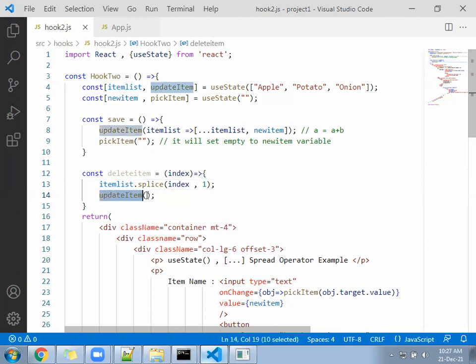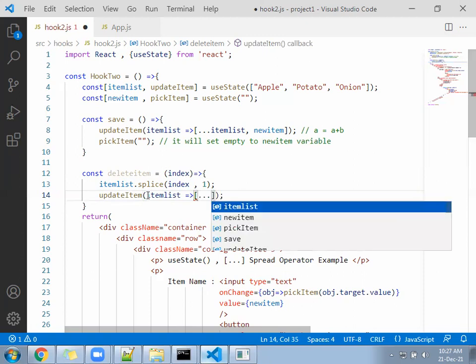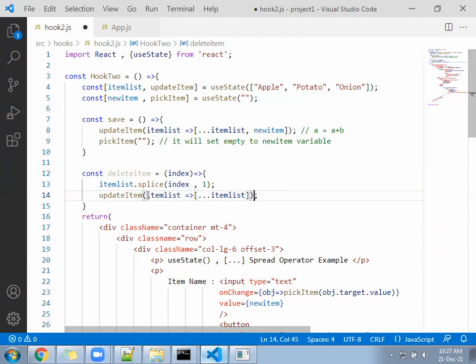So for that you have to write again here item list, fat arrow method, square bracket, three times dot, and here the array name item list. It is nothing but a equal to a equal to a. See, from a we have already deleted one element. From here you already did a minus b.